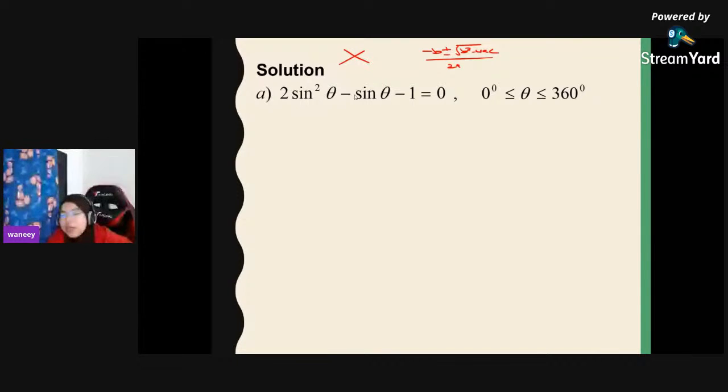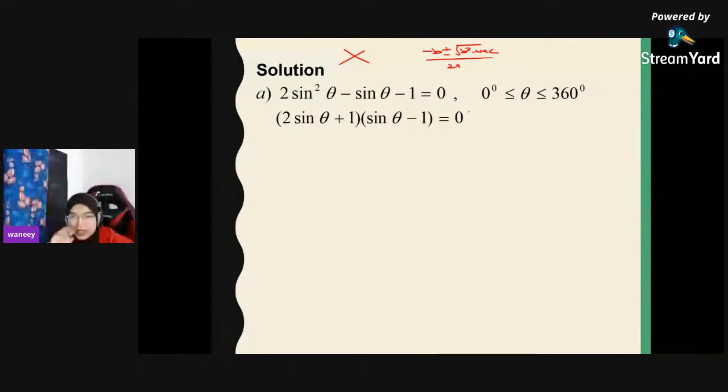So I simply factorize them. So it will become 2 sine theta plus 1 multiply with sine theta minus 1 equal to 0. So if you cannot use the formula and want to use the calculator, make sure you let sine theta equal to x and sine square theta will become x square. Then you simply use your calculator. Okay, so 2 sine theta plus 1, sine theta minus 1 equal to 0. So we factorize them completely and then let each of the factor be 0. So we have sine of theta equal to negative half, and then another one will give us sine theta equal